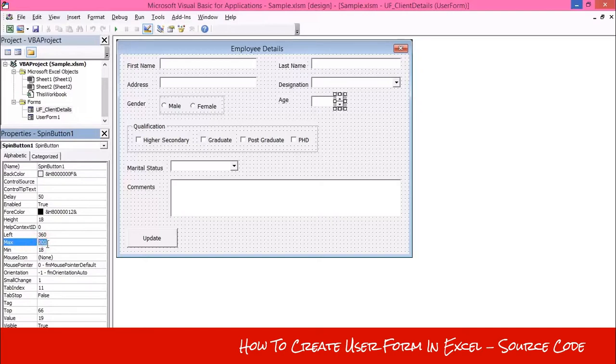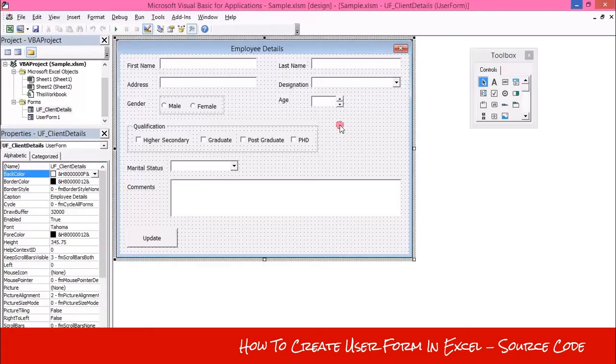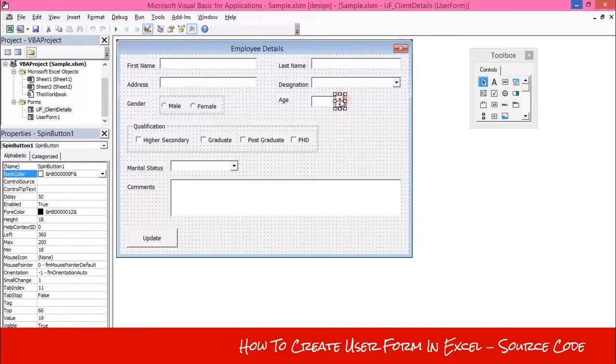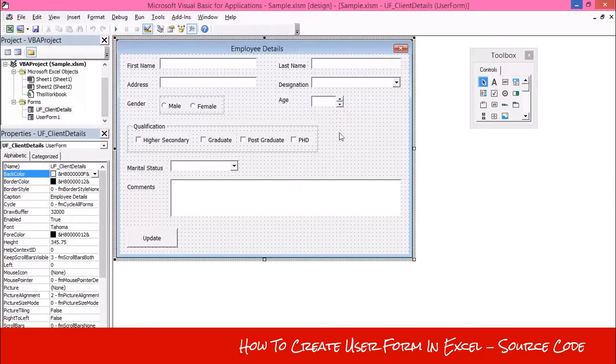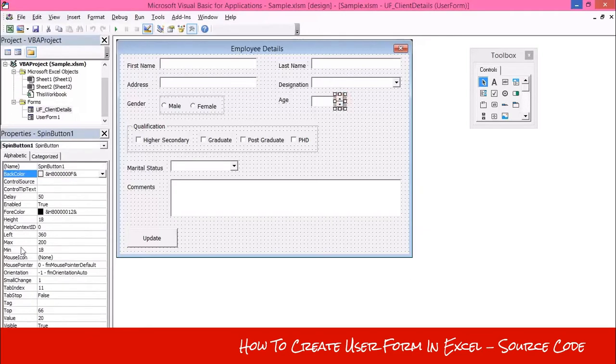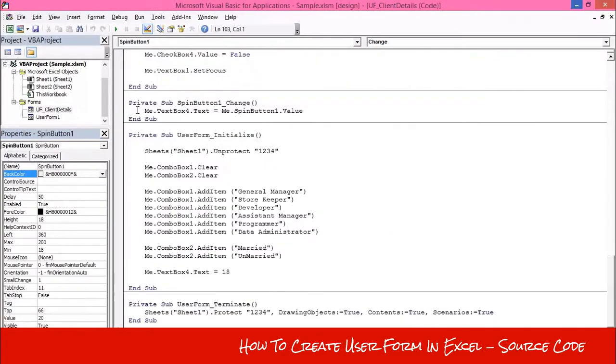When it's 200 and you try to increase the value of the spinner button, it will do nothing. So the minimum value is 18 and the maximum value is 200. So this is the line to handle the change event of a spinner button. It will just assign the spinner value to TextBox4.